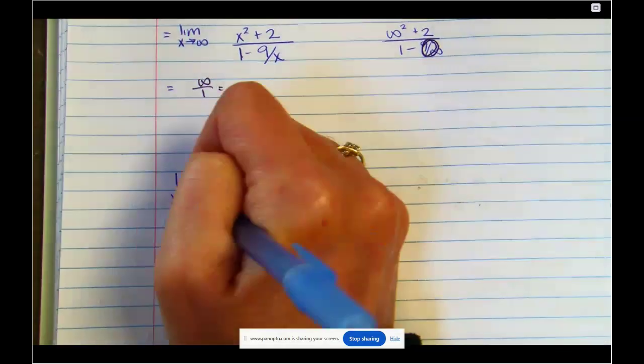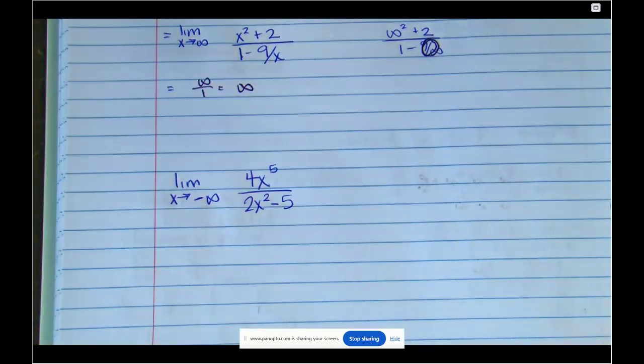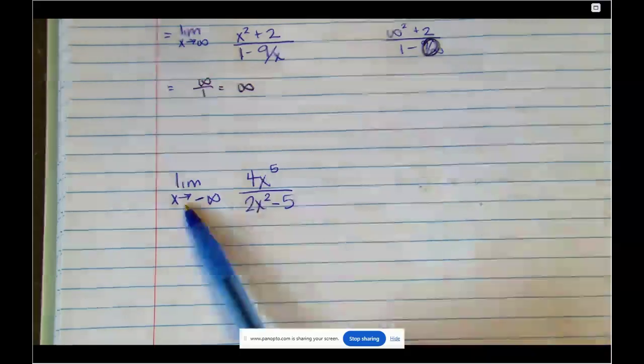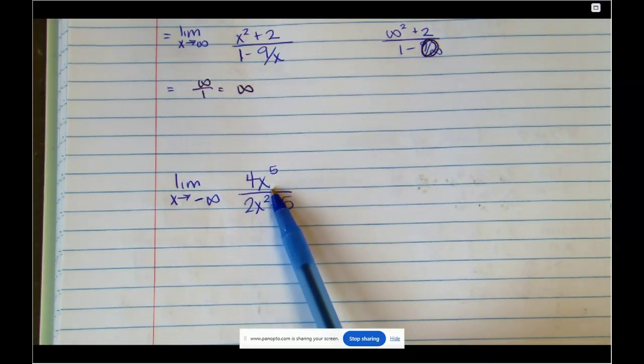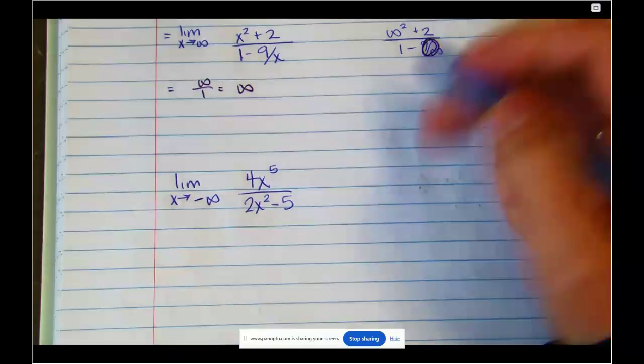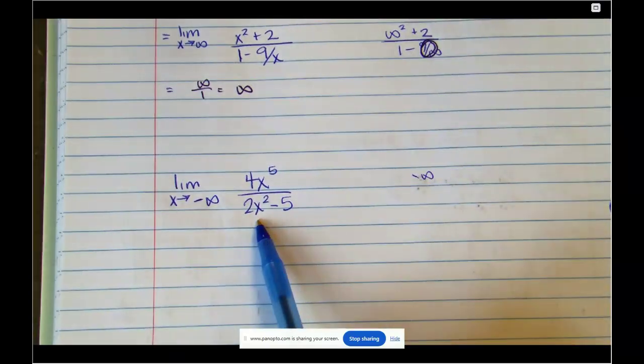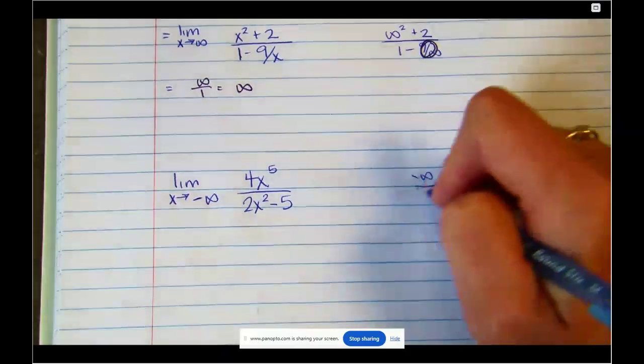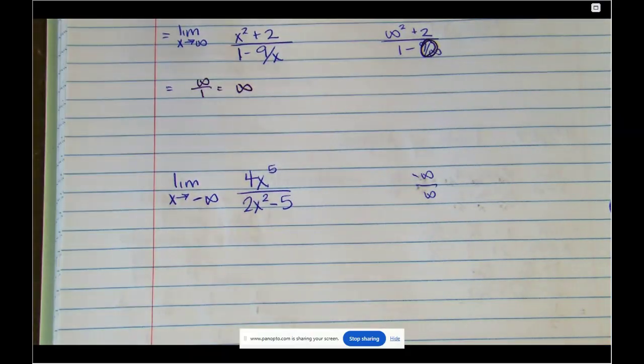Yep. So we're going to do a negative one just so you can see what happens. Okay, so I want you to think about this a second with me. If I put a negative infinity to the 5th power, is that going to be positive or negative? Negative. So this is going to be negative infinity. The bottom is going to be positive infinity. That's still indeterminate. So any form of infinity, any positive and negative combination, is still indeterminate. So that doesn't change our strategy. What are we going to do here?